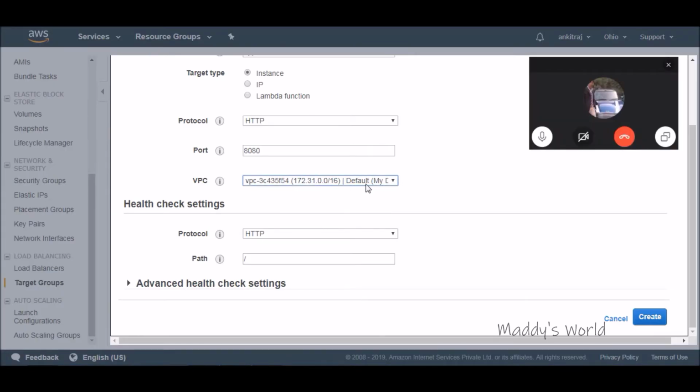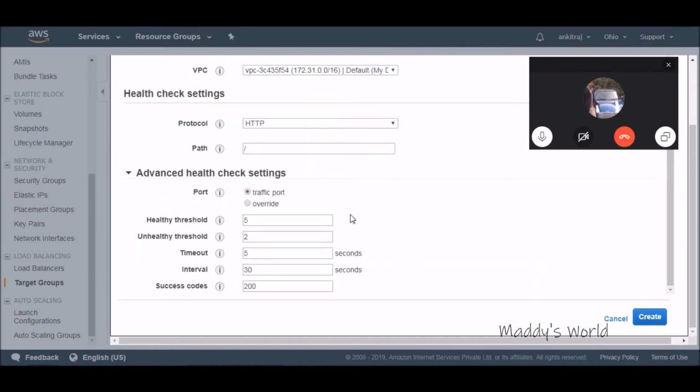So what I'm going to do is create one, basically in the default VPC, because our LB is already on the same VPC. My health check is basically HTTP. If you want to make changes in the path, you can do it from here. In advanced settings, let's see if we are going to change anything. Let's scroll it down. By default it will try to ping over port 80, so just override it and put 8080 instead. The rest we will keep the same.